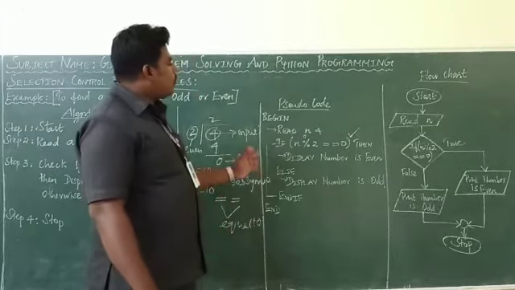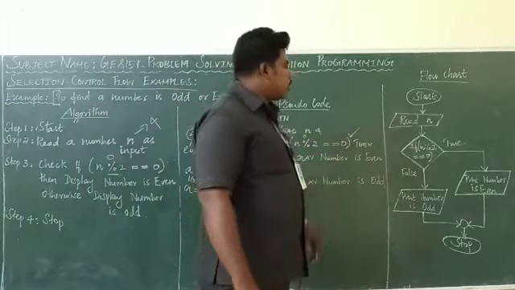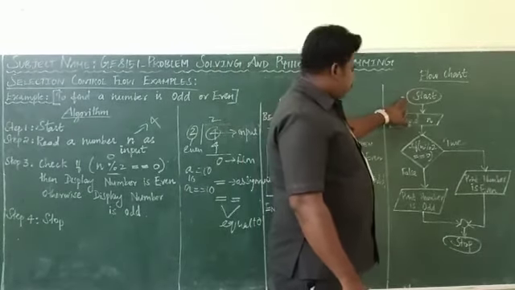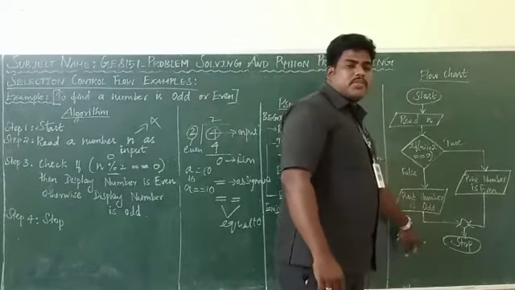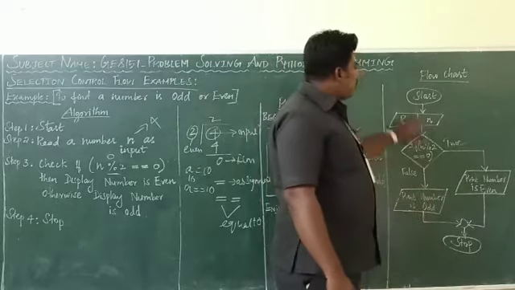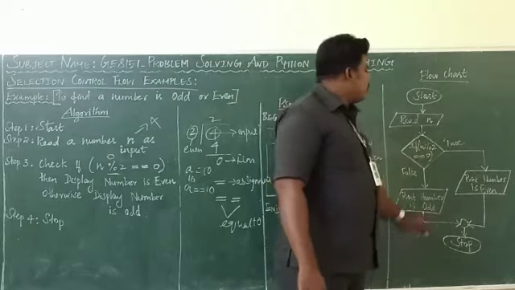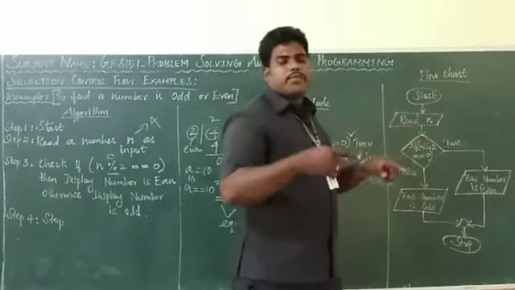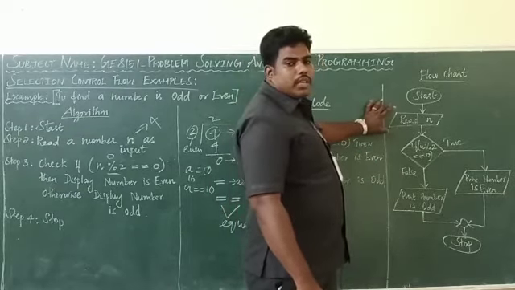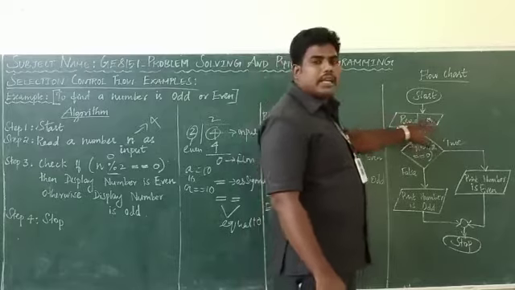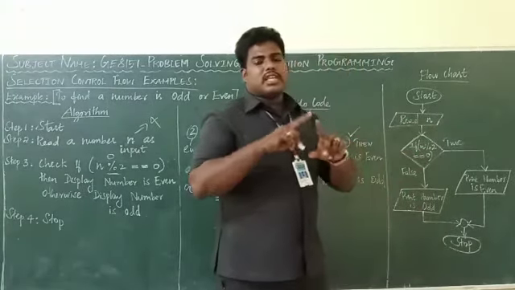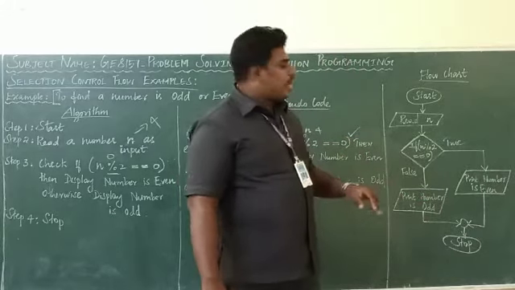Now we are going to see the flowchart for odd and even numbers. First, as you know, start and stop come with the terminal symbol. Inside the terminal symbol, we write start and stop. We are getting only one input. For input, we use the parallelogram symbol. So I am using read n. This parallelogram symbol is used to read the input. Then if I am checking a condition, for condition checking which symbol? Decision symbol or diamond symbol.